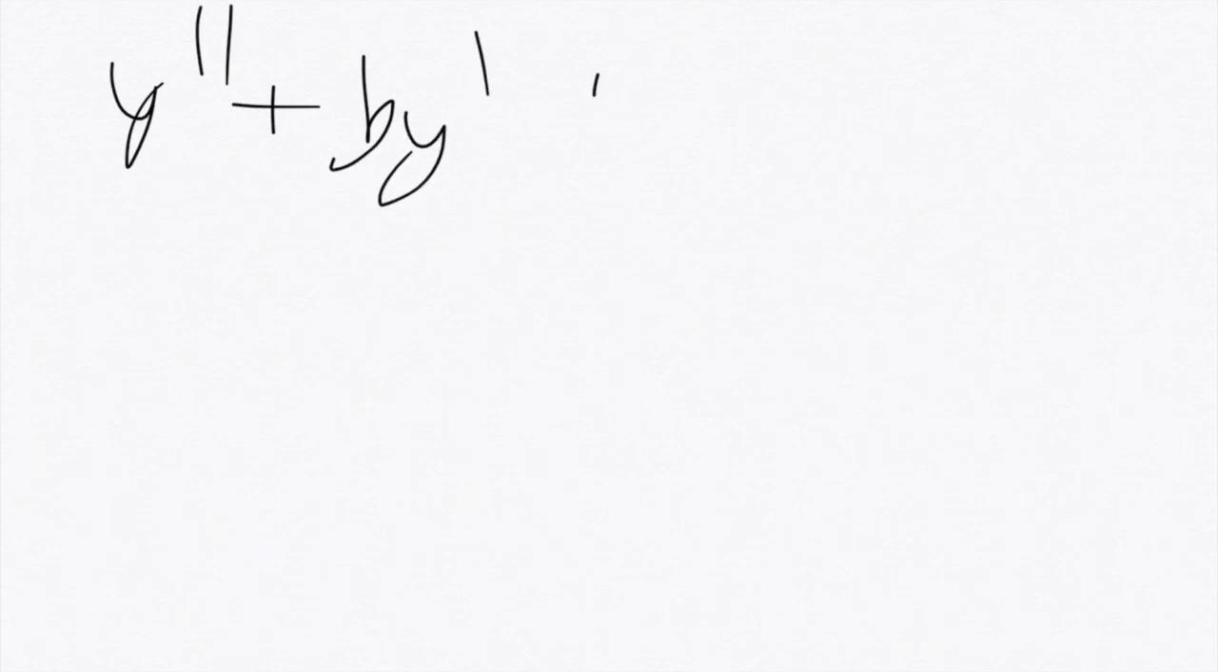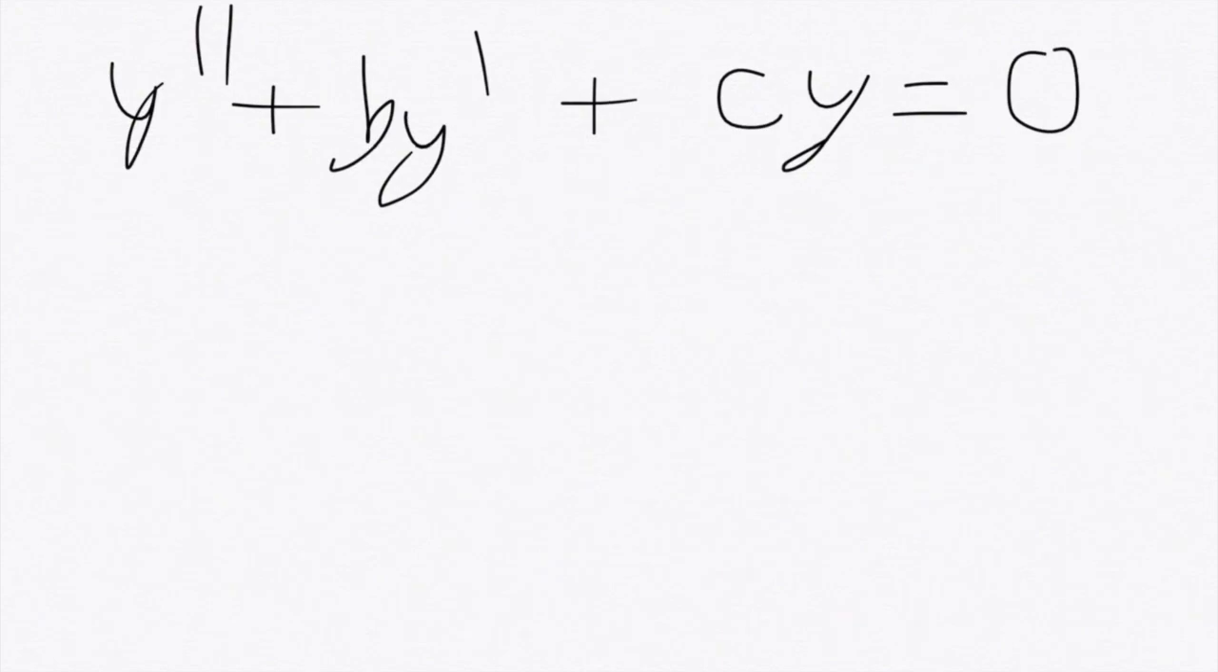So what does that mean? You're going to have a differential equation, y double prime plus by prime plus cy is equal to 0, with a leading coefficient of 1 for now. And what second order differential equations have, or at least homogeneous ones, which means that this term over here is a 0, is